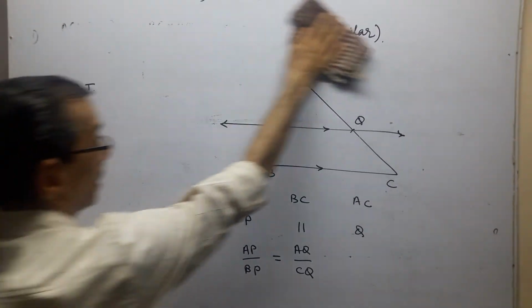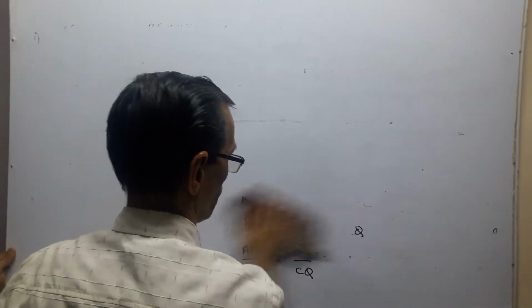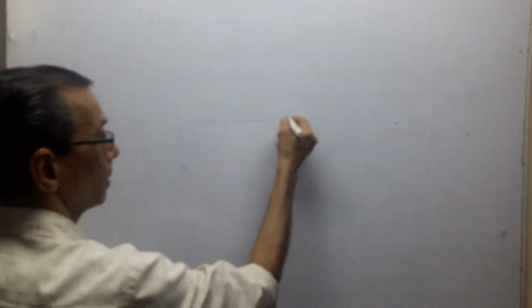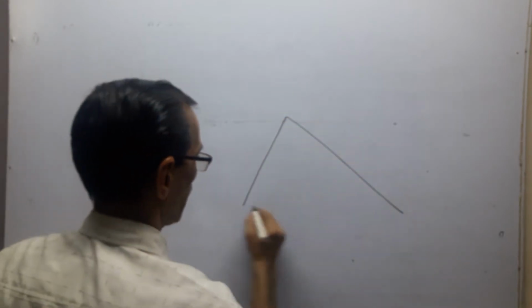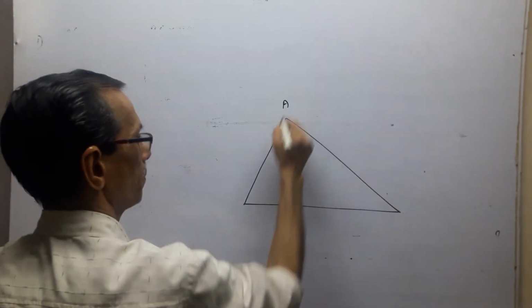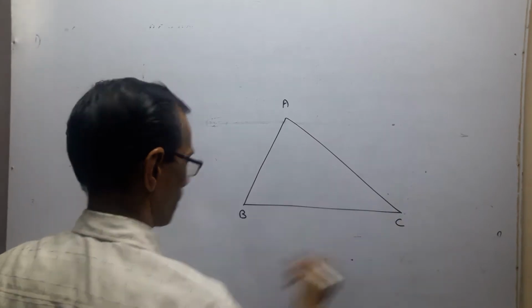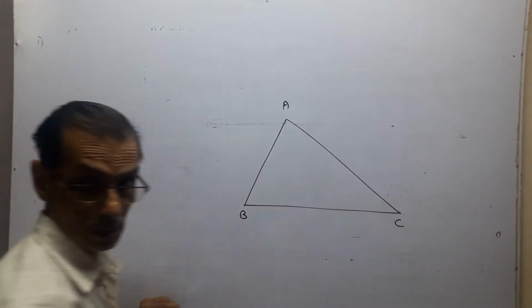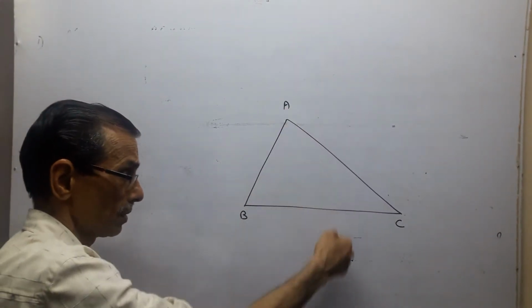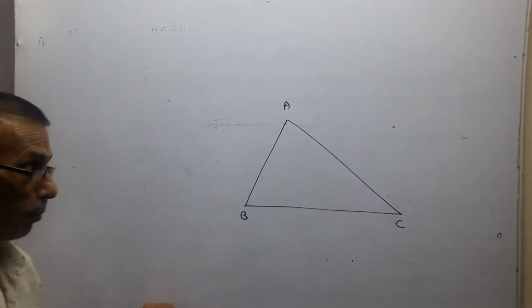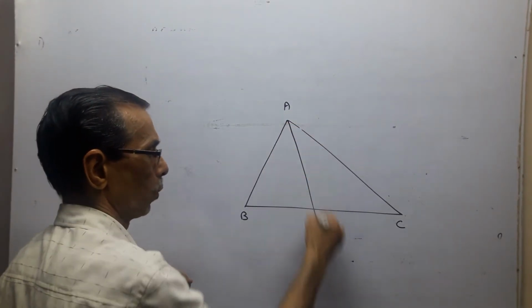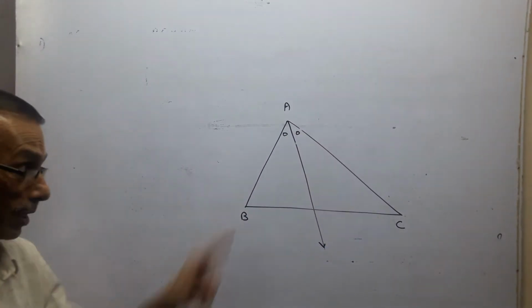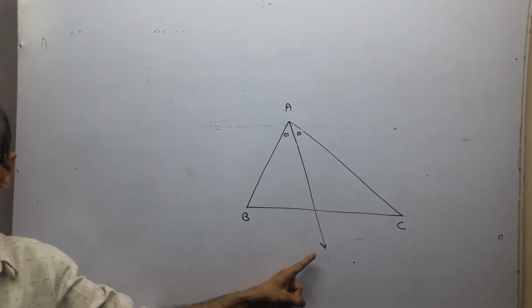Now, what is an angle bisector? Look at it. Suppose it is a triangle. Any triangle, let us take ABC once again. Passing through A and cutting this side BC, you can draw many lines. But the angle bisector is only one line. We can divide the angle A into two equal parts. You can draw only one such line, and that's why there is a theorem.